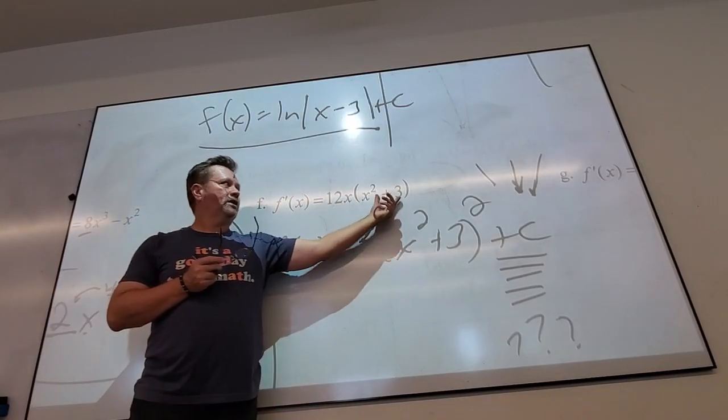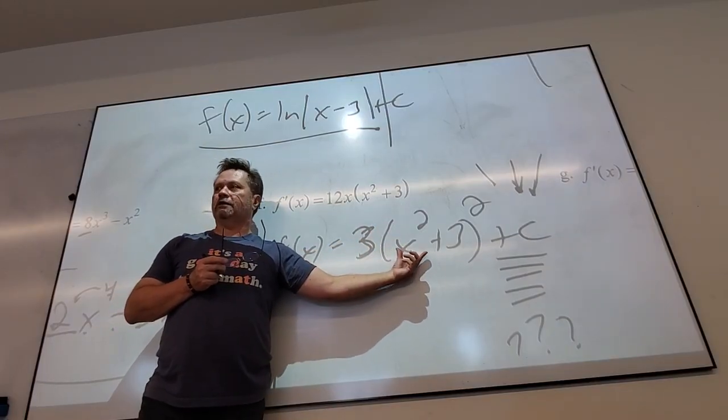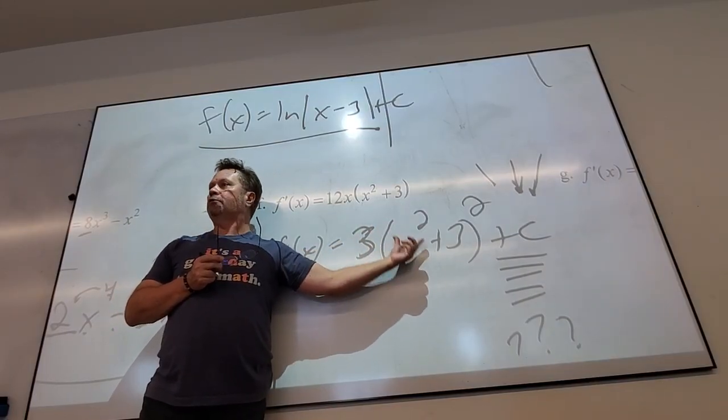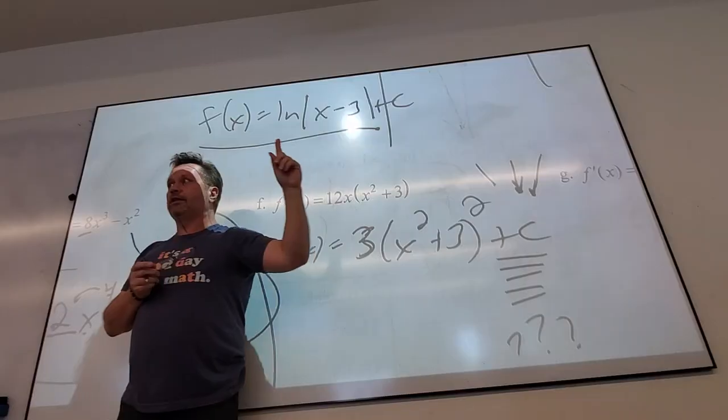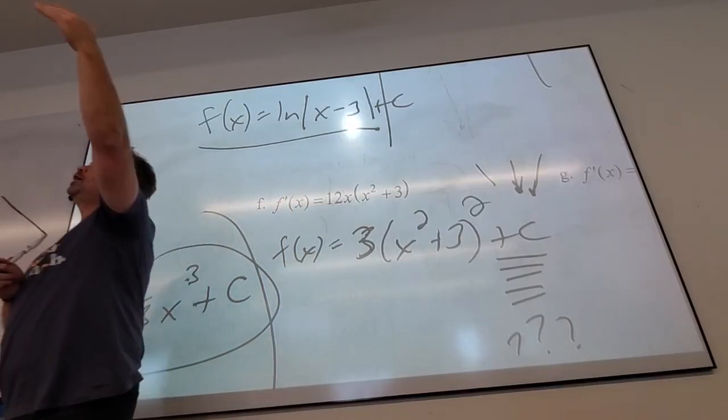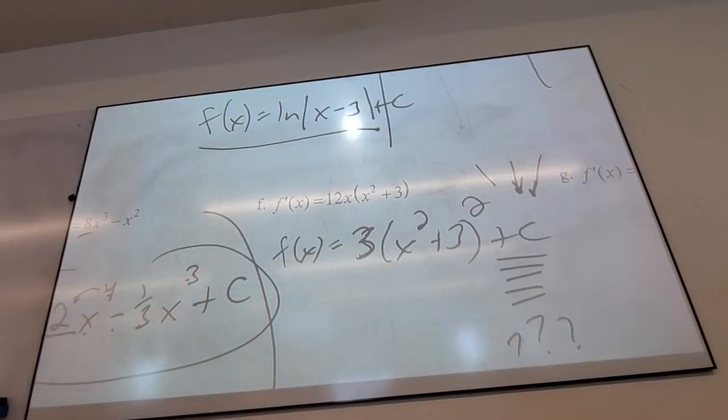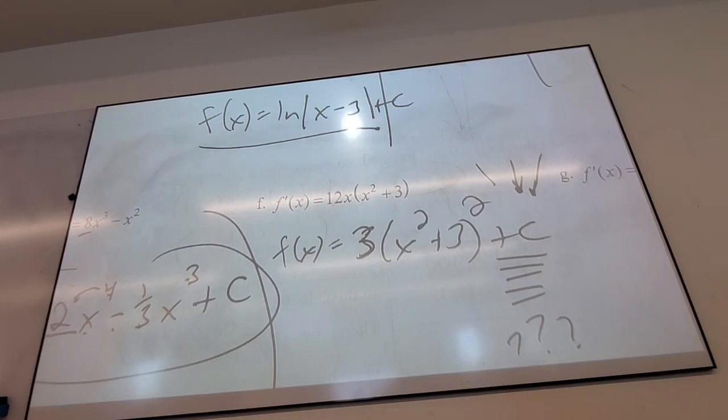Because what's this look like? What did it come from? What rule did this use if I take the derivative? Chain rule. Chain rule is really difficult to randomly undo. Isn't chain rule sometimes difficult to just do forward? Yeah. And now we're trying to do it backwards, yes? I felt comfortable doing this one because I specifically gave you the function that we took the derivative of that led me to this, yes? Since I knew that, the antiderivative is easy.